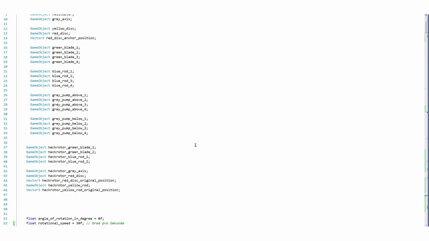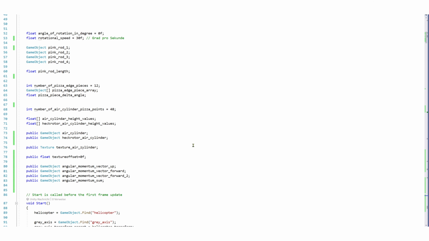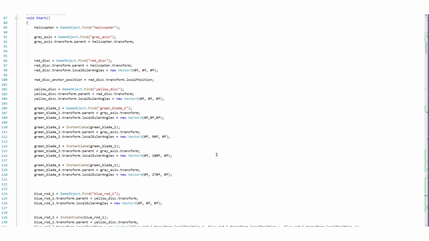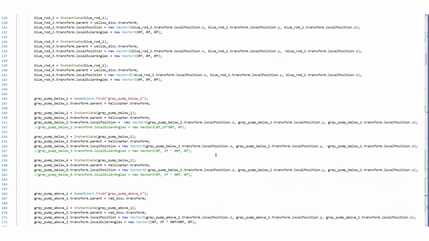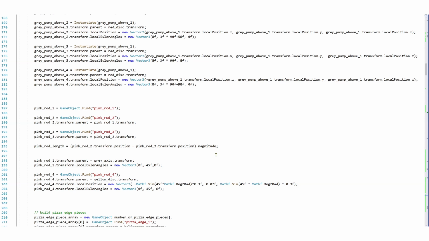Here's the beginning. I added some variables. Now comes the part with the tail rotor, which is quite new.